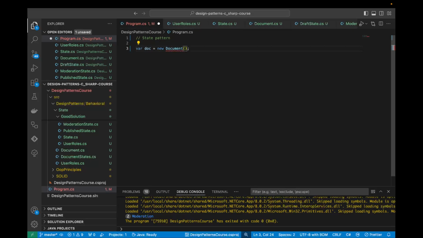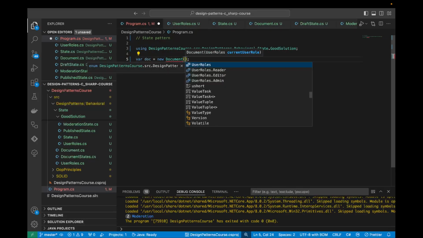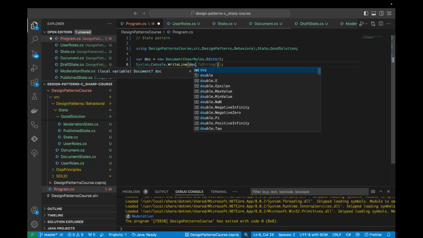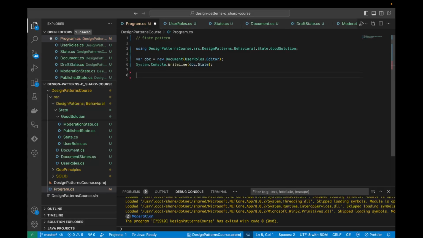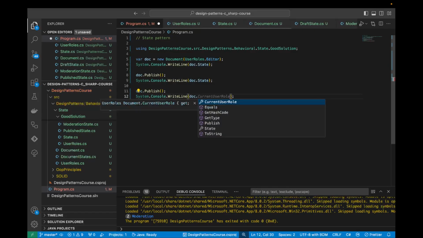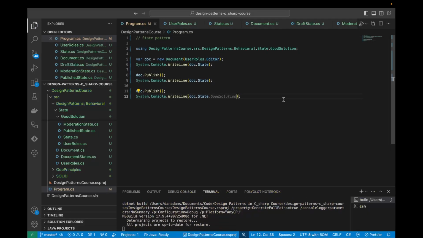So let's see, so new document, and we need to import this, so should be that one, and we're going to use user roles dot editor, and we're just going to log the document state, so doc.state, and then we'll publish the document and console log, and then we'll publish again and log the doc.state. So let's run this,